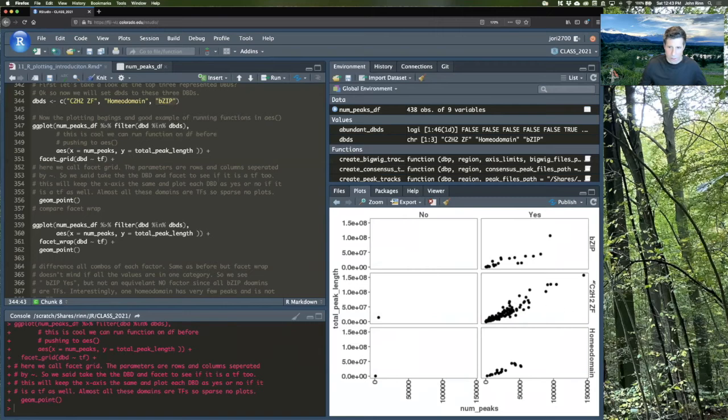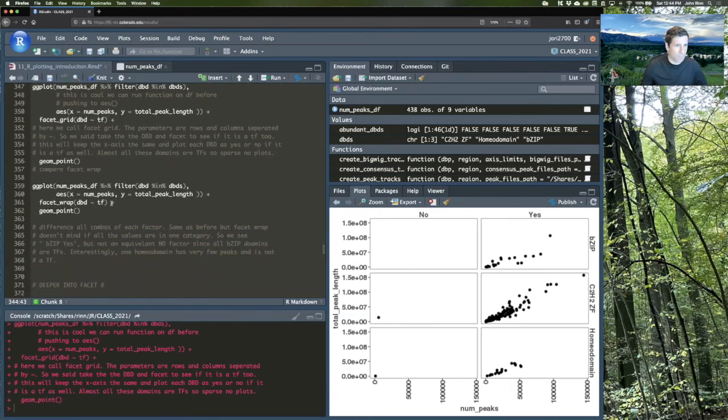So now C2H2 zinc finger did have one DNA binding protein that had this domain that was not considered a transcription factor. Same with homeodomain. There was one out here. Had very few peaks, as you know. Notice that these 2 dots are out here. So this is where facet wrap would come into play, is that we don't really need this plot because we don't need to know that there was nothing in there. And so let's run the same thing